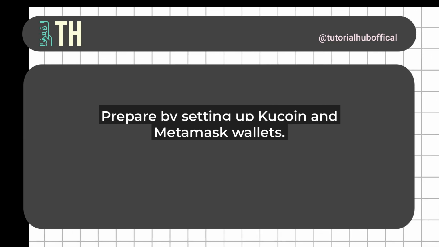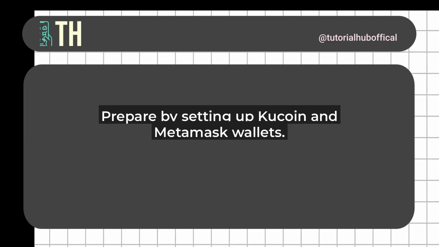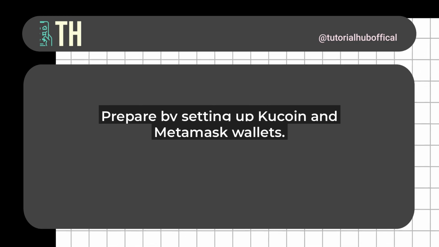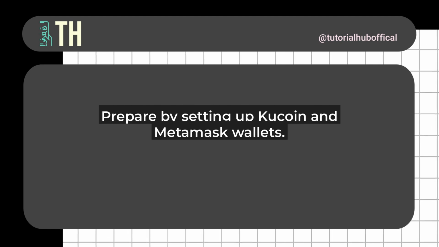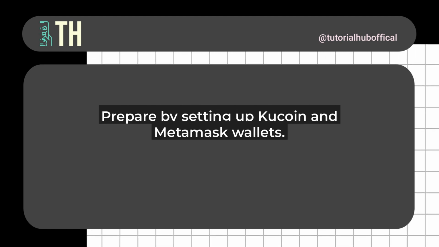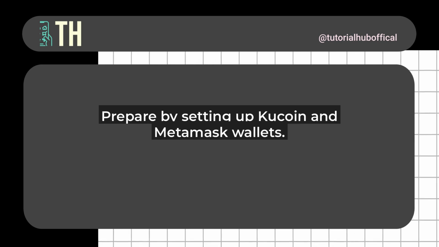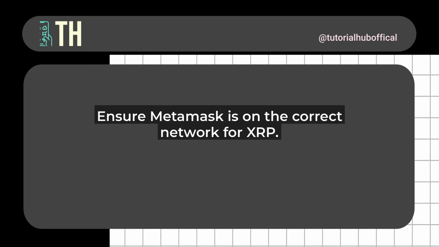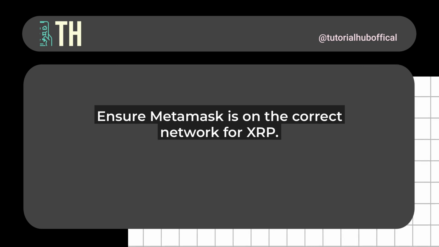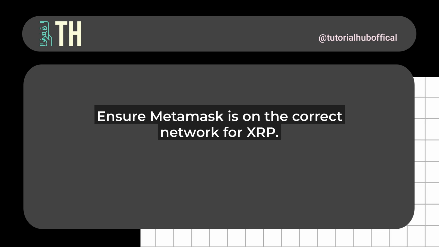First off, let's get prepared. Make sure you have a Kucoin account with XRP in it and Metamask installed on your browser. Metamask is primarily for Ethereum-based networks, so for XRP, which runs on the XRP ledger, you'll need to use a bridged or wrapped version of XRP if you're sending it directly. Start by opening Metamask and ensuring it's set to the correct network, perhaps Ethereum mainnet if you're dealing with wrapped